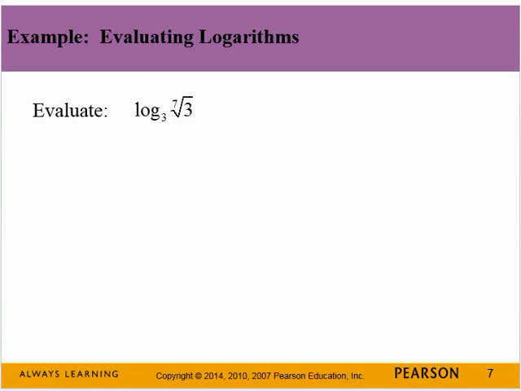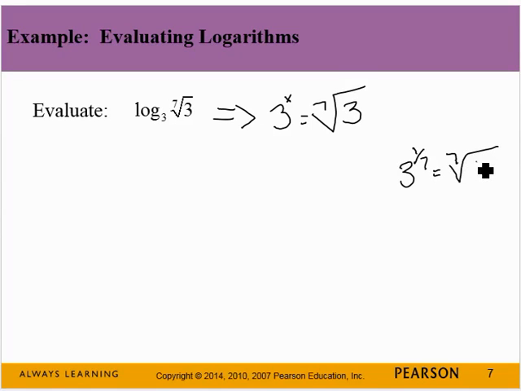Let's try this one. If we were to convert this, you have to think, what gives you the 7th root of 3? What would x have to be? If you have 3 to the 1 7th, you have 7th root of 3. So now you have